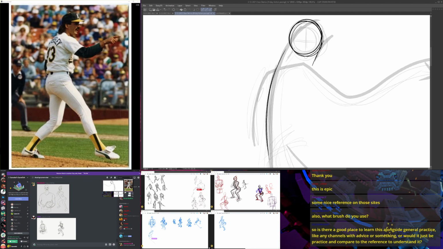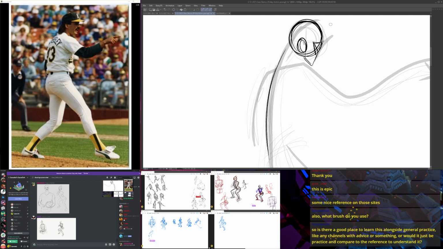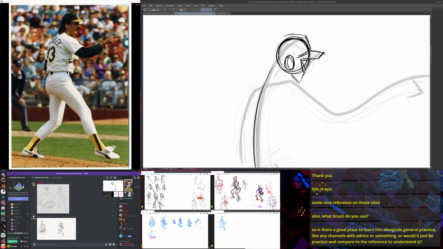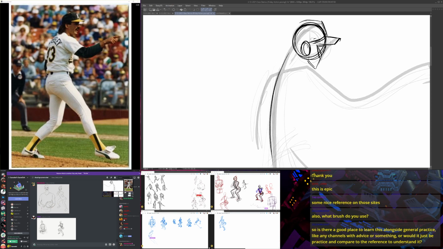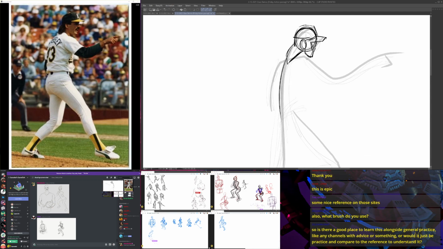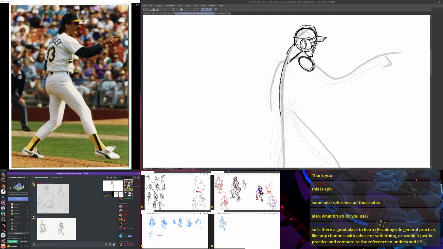Remember, we get an ellipse for the head. I use an ear to indicate the side plane. Maybe I will indicate a little bit of his hat, a bit of his hair. Alright, so since this shoulder is really close to us, I'm going to use that as